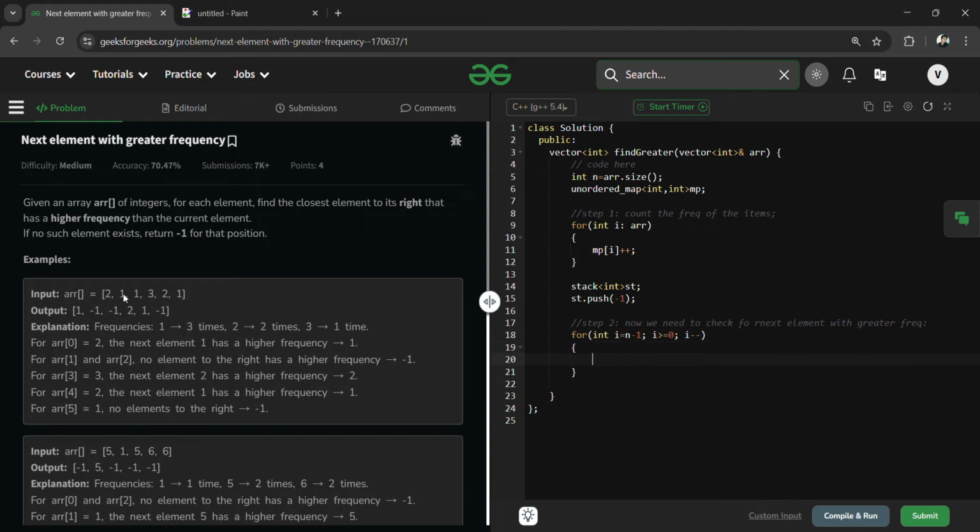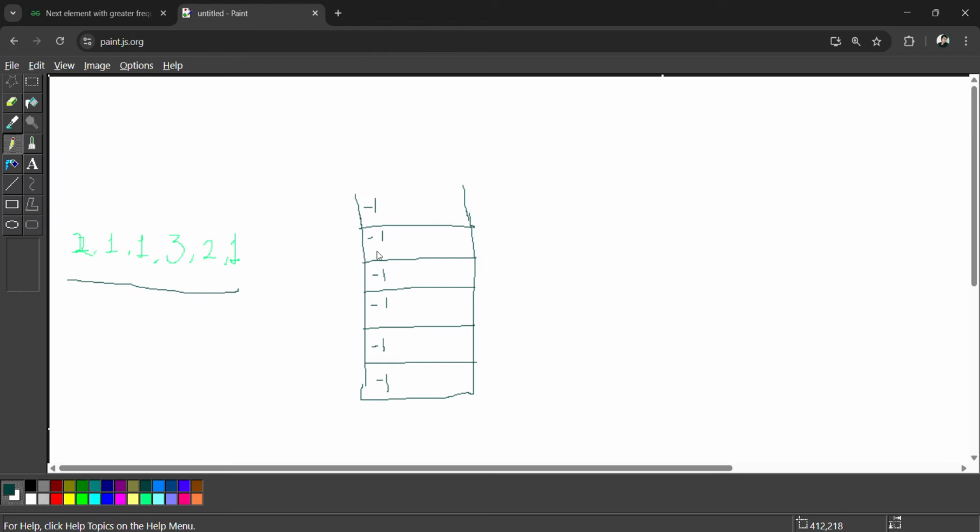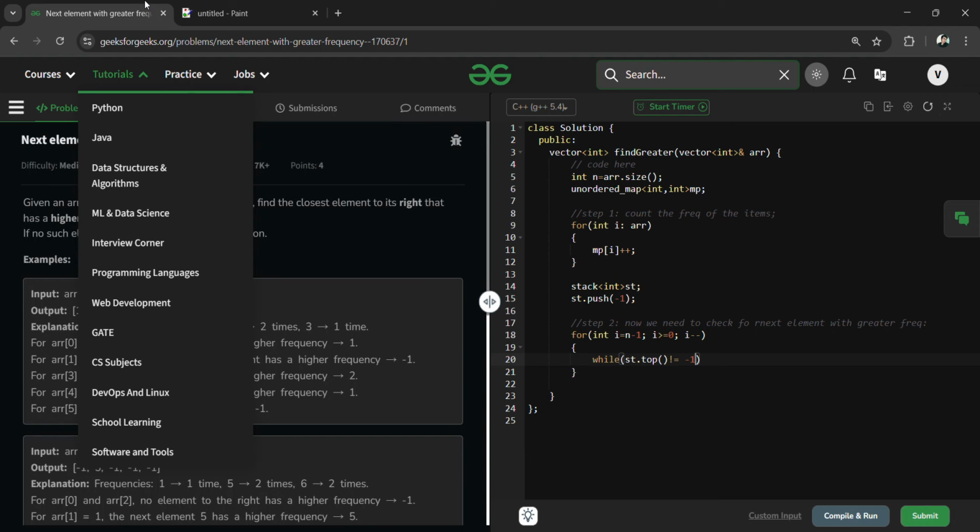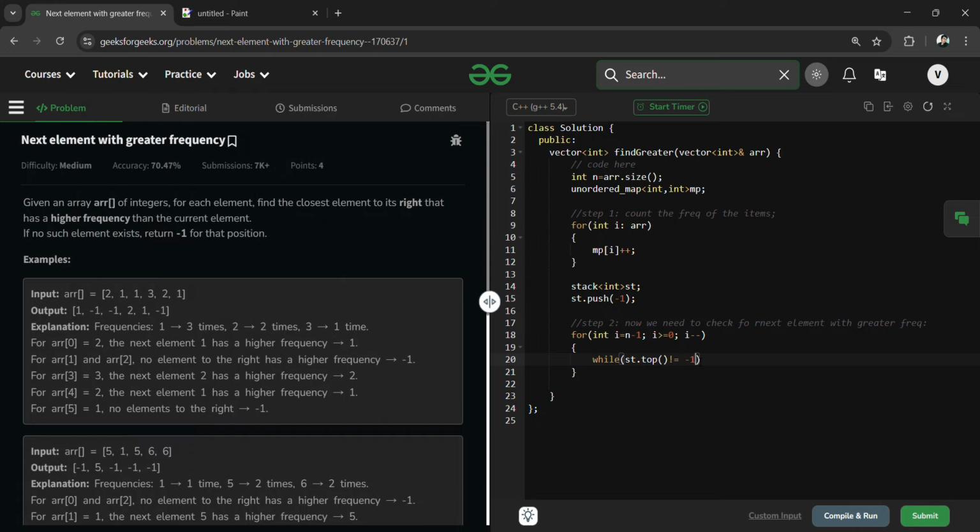Now here we have to check the condition: while stack top is not equal to -1, and we know currently every element which I have set in the stack is -1. So I have created a stack, and for the initial point I have stored every block of the stack as -1. So here I am giving the condition while stack dot top is not equal to -1. And the second condition